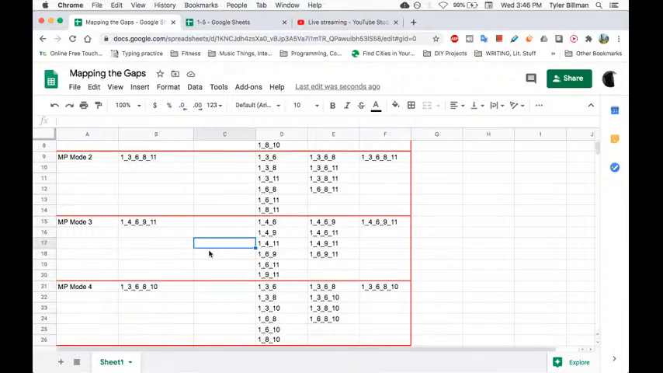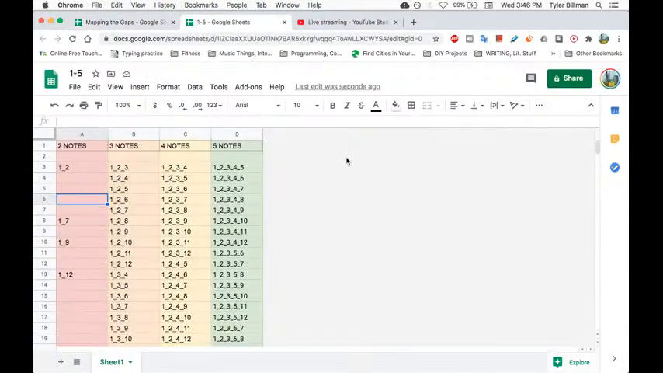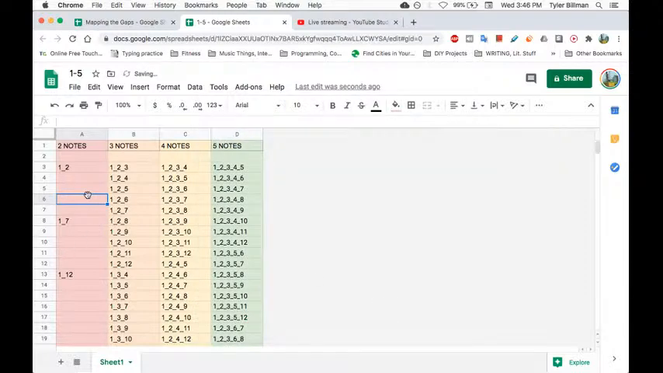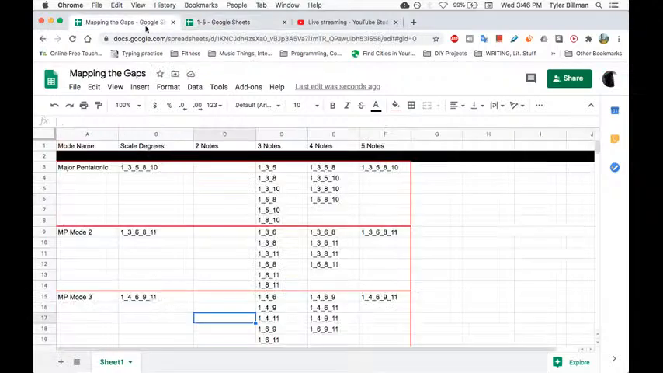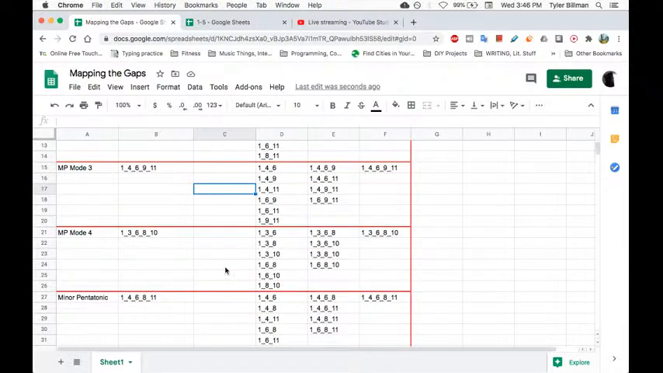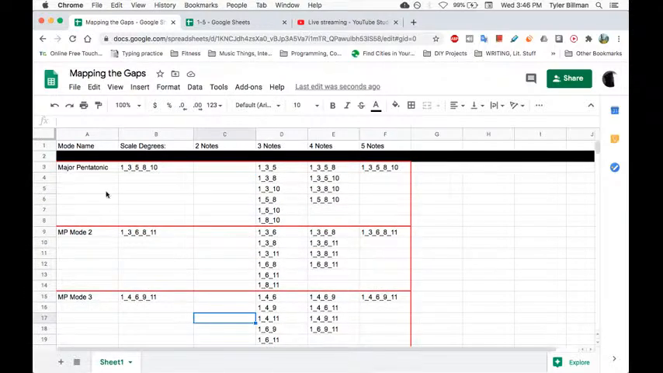Alright, and that looks pretty good so far. Let's remove it from here. Now it's gone. So now we are still waiting to find a scale that has a minor second, a tritone, and a major seventh. And so at this point we've covered all of the intervals that appear in all of the modes of